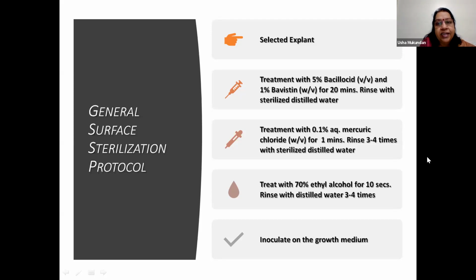Now, when you use a bacillocide, it contains Tween. Tween is a surfactant. What do you mean by surfactant? Surfactant means surface altering agent. They mainly solubilize the membrane lipids. So in soap, what do you have? Soap contains surfactants, and these surfactants dissolve the membrane, and as a result, once the membranes are ruptured, obviously the sterilizing agent will be able to penetrate in a better manner, and the inner components will be exposed.